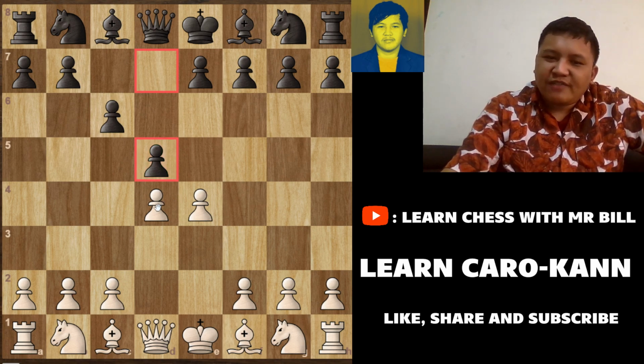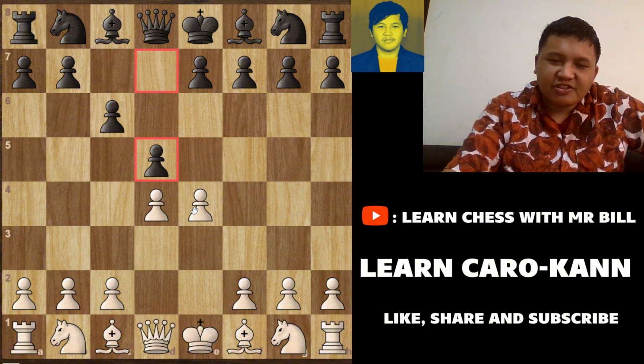Basically, after this White has a couple of options. They can push the pawn to e5, which is the advanced variation of the Caro-Kann. They can take, which is the exchange variation. They can wait with the knight by putting a knight on c3 or d2, which is called the traditional main line of the Caro-Kann. Let's look at the exchange variation, which starts with pawn takes d5 and c